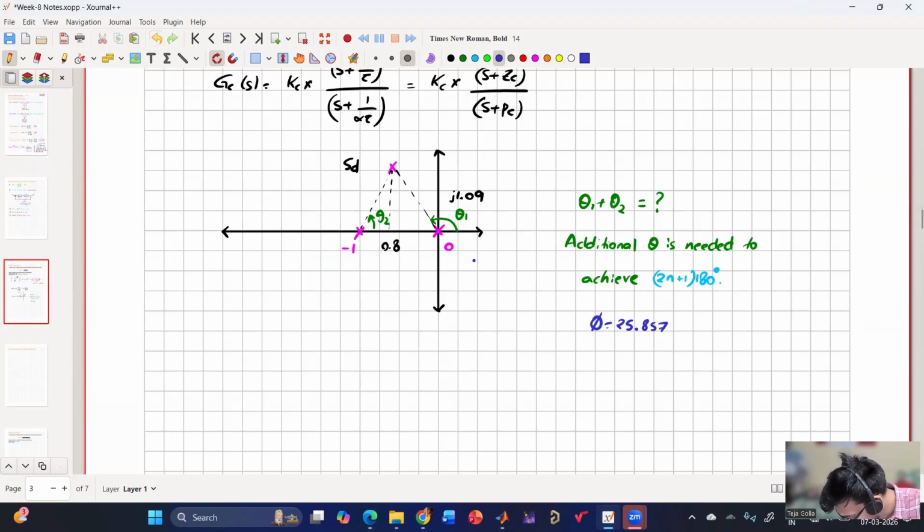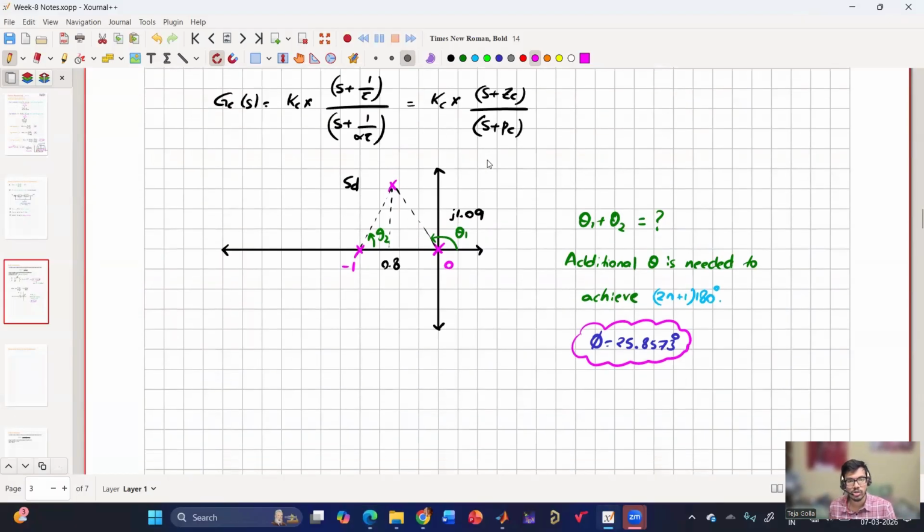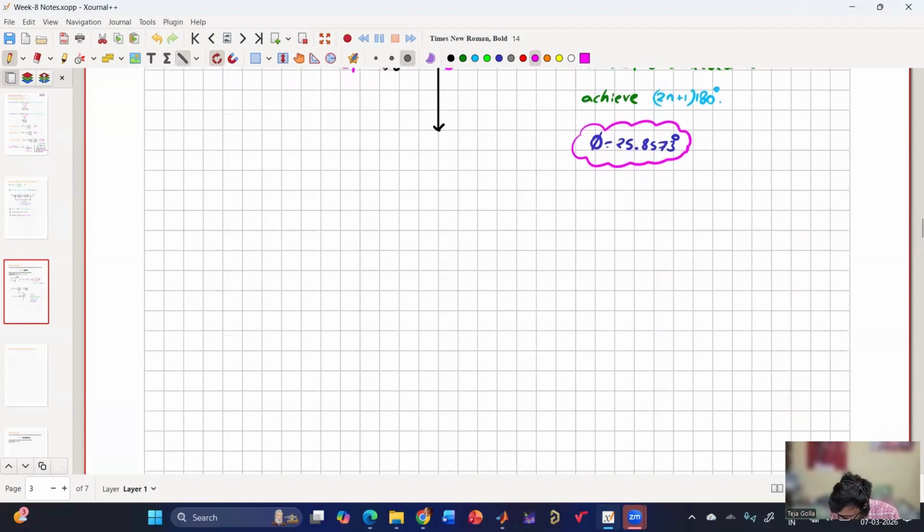8573. So I'm just avoiding the calculation to save time so that we can spend more time on the MATLAB simulation. So now this additional phase phi should be given by the compensator that we have selected. So if you see the compensator plot, my compensator is lead, which means the pole is far away and the zero